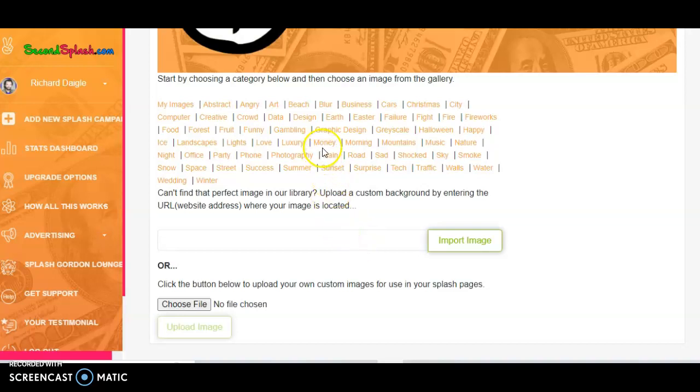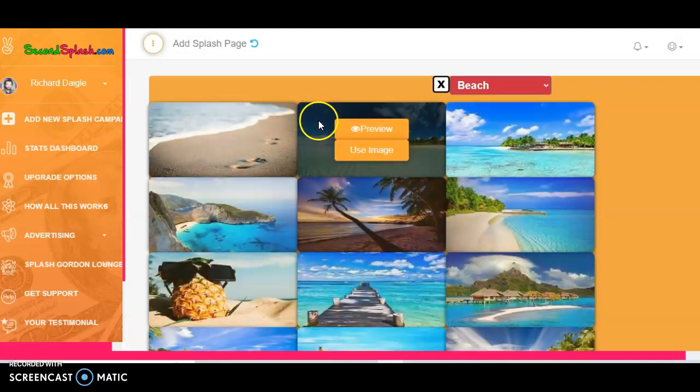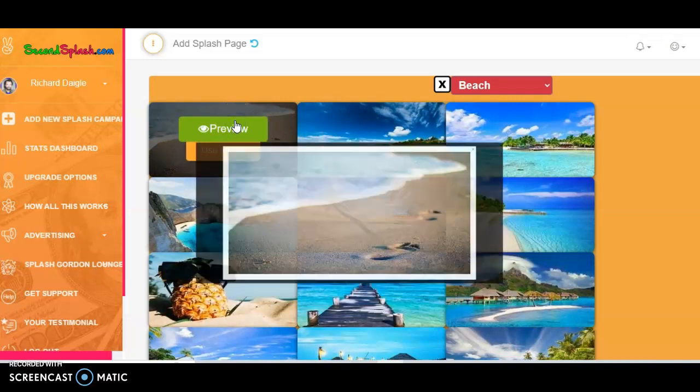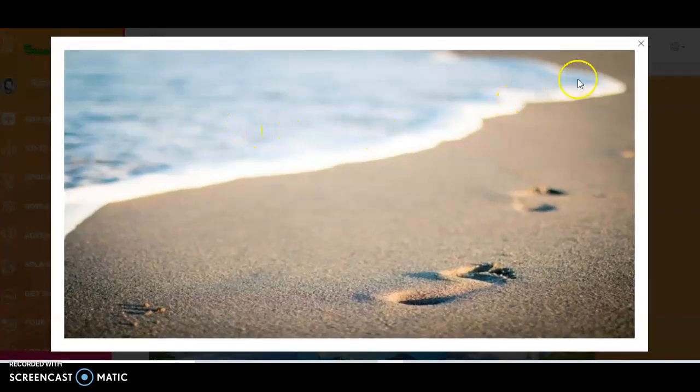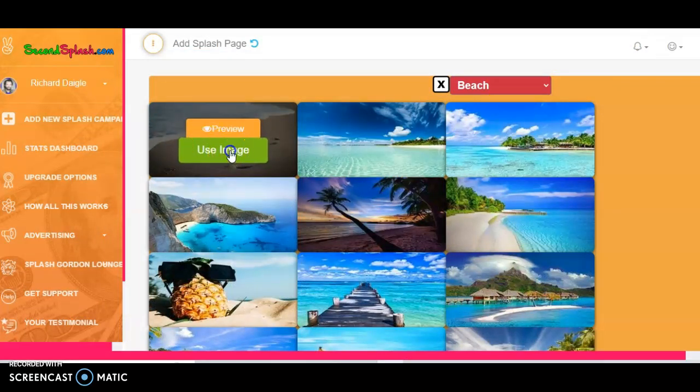But let's make a little simple one right now. Let's try the beach. That's a popular one. You can preview the image, what it looks like, and so we're going to make a splash out of that. So we're going to use this image,